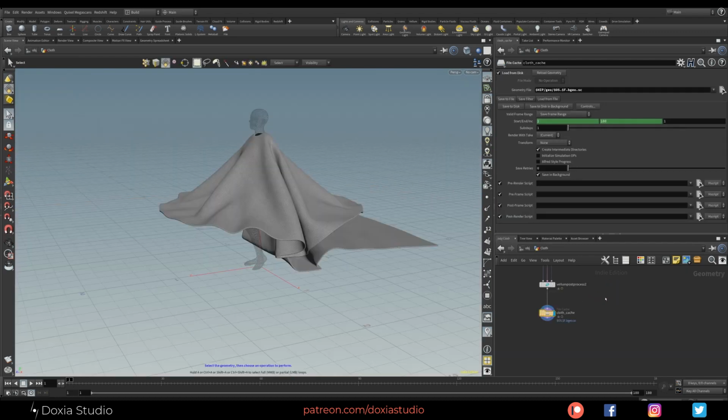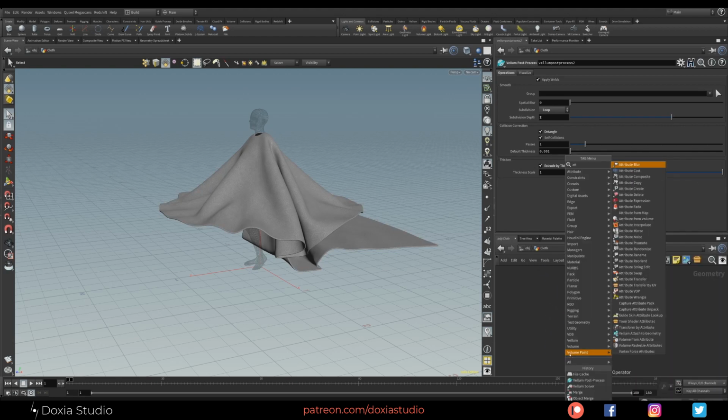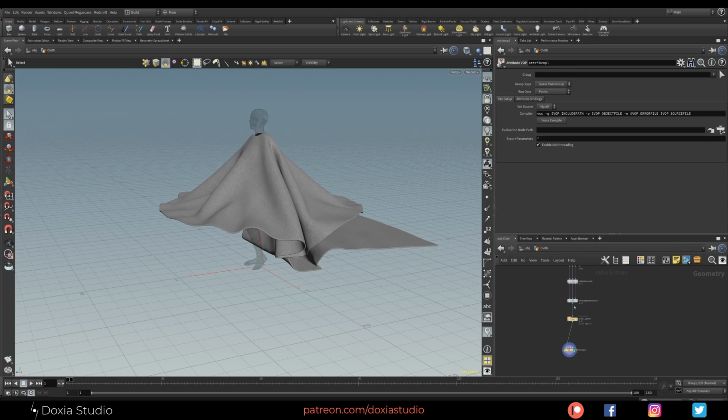One thing I did on my animation is that I don't have everything on the same Vellum solver. I have a Vellum solver for the coat, another for the skirt. So that way I could just place an attribute swap. I think a point swap could work. Attribute swap. Let's pick up the points.